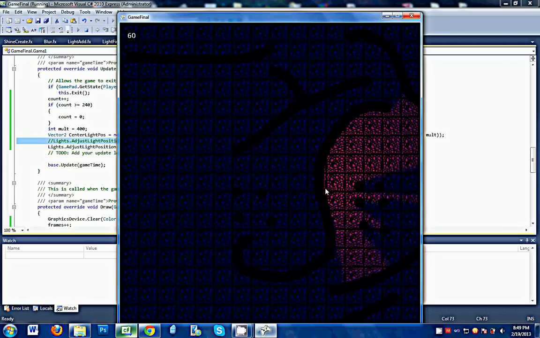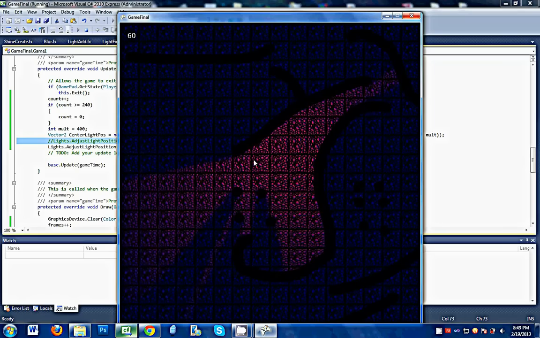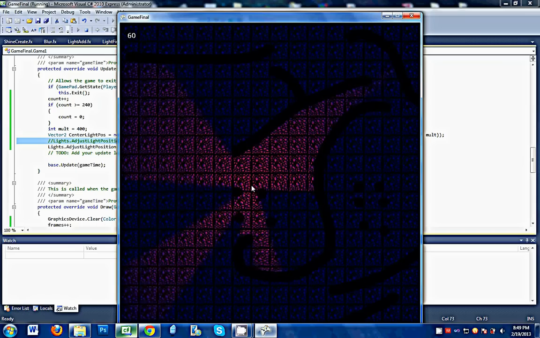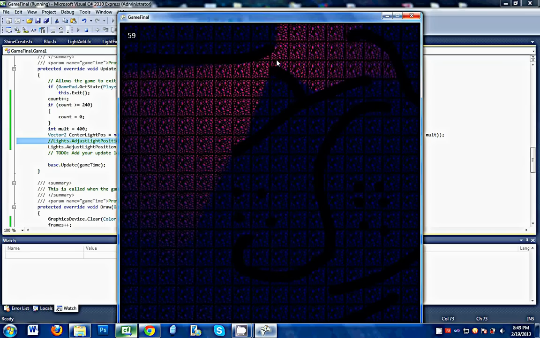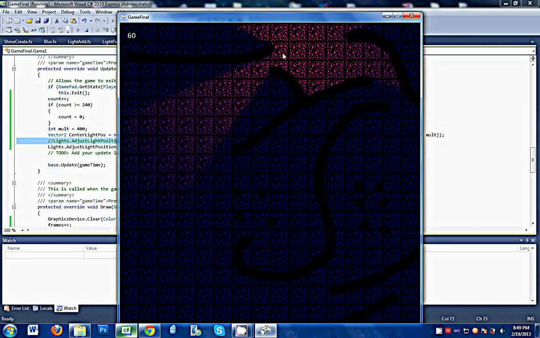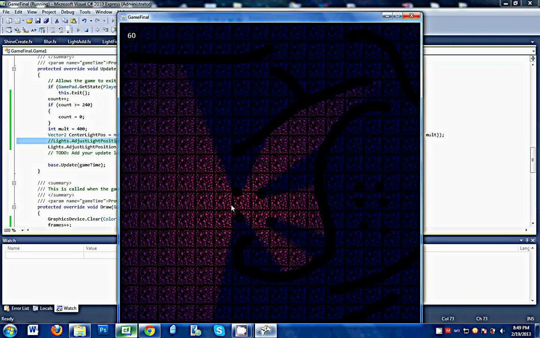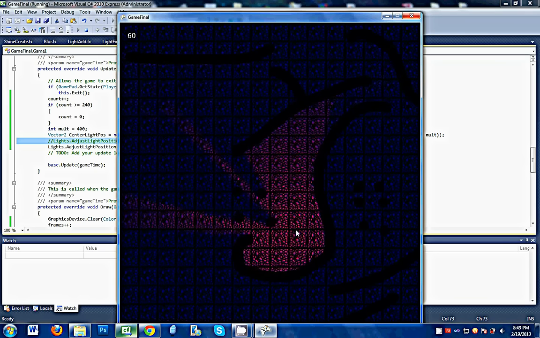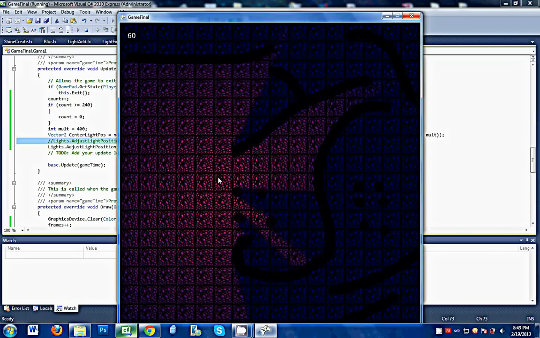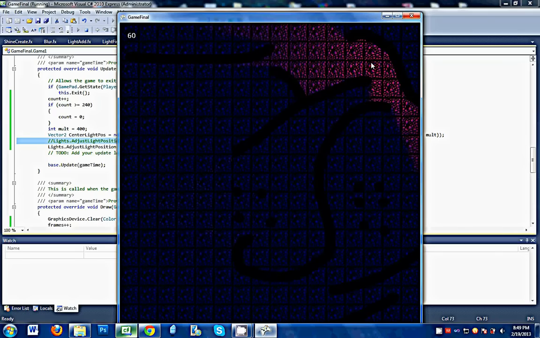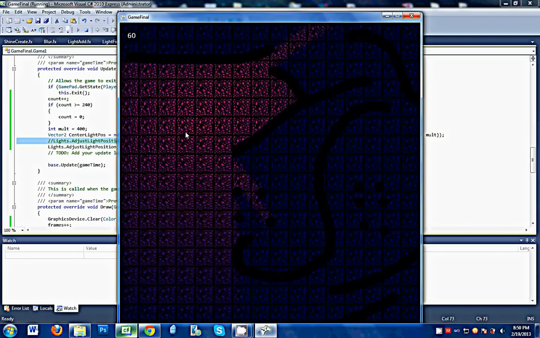You can see that the black areas are those intersections that block the light. For simplicity reasons, I just call them walls. And the reason I'm showing this is because it's been